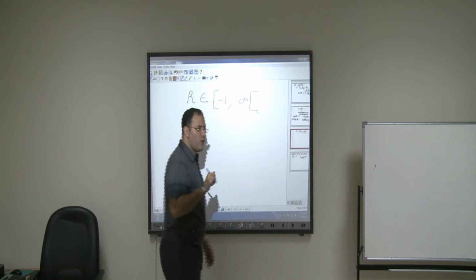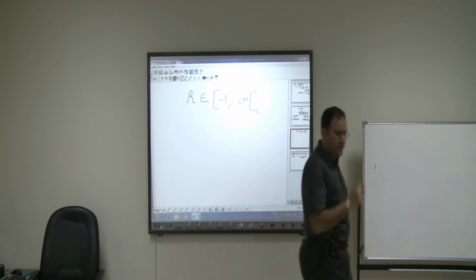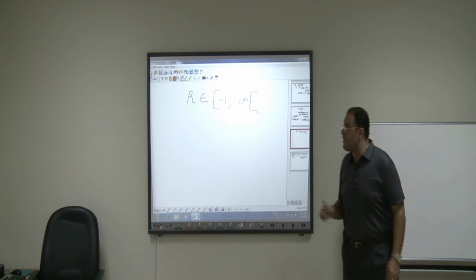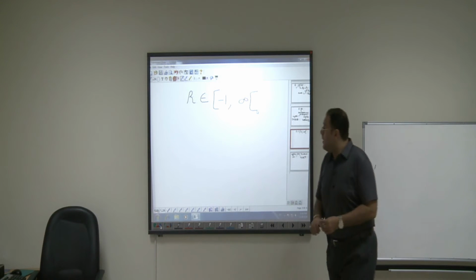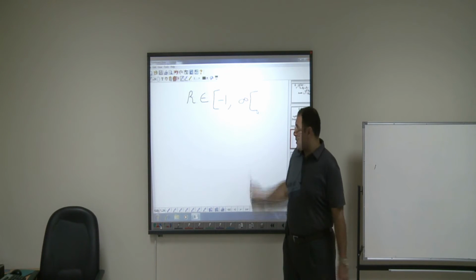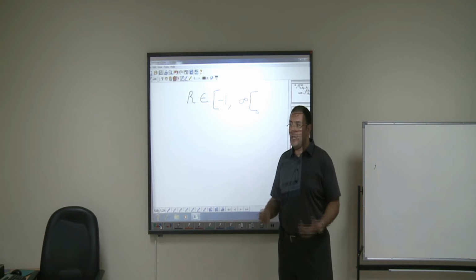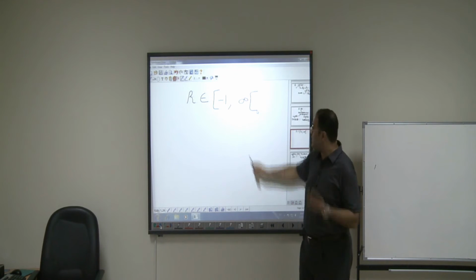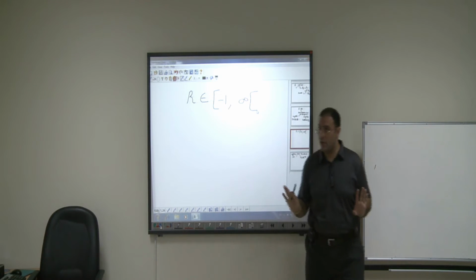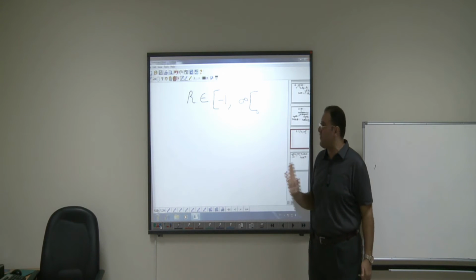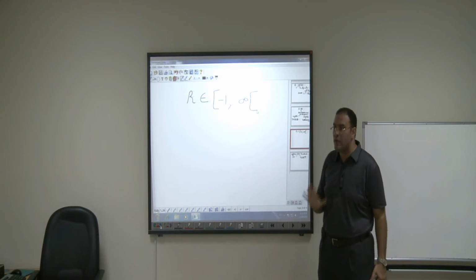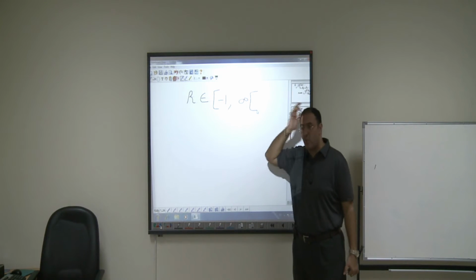And this is a very profound statement in investments and finance. R is bounded from below by -1, but it's not bounded from above. You got it? Before I explain why this statement is correct,